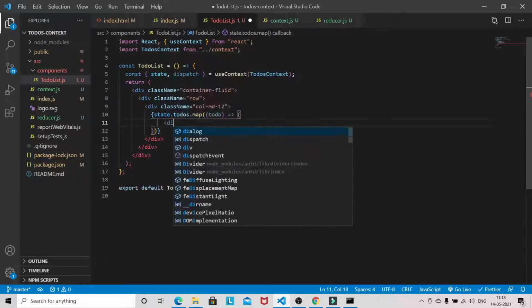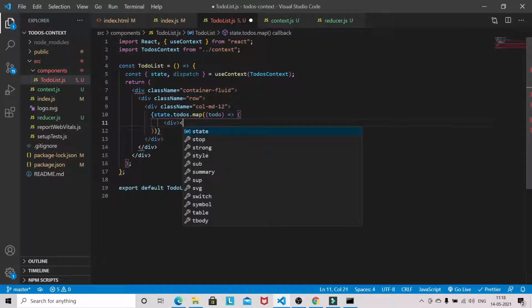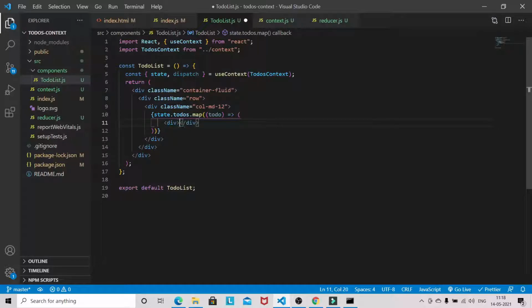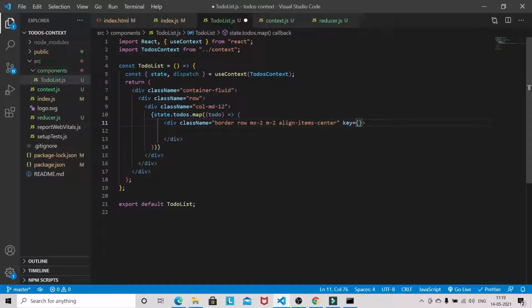Okay, so we will be writing some bootstrap class names here. So border, row, mx-2, m-2, align-items-center, and we will be providing the key here itself. So to-do dot id.